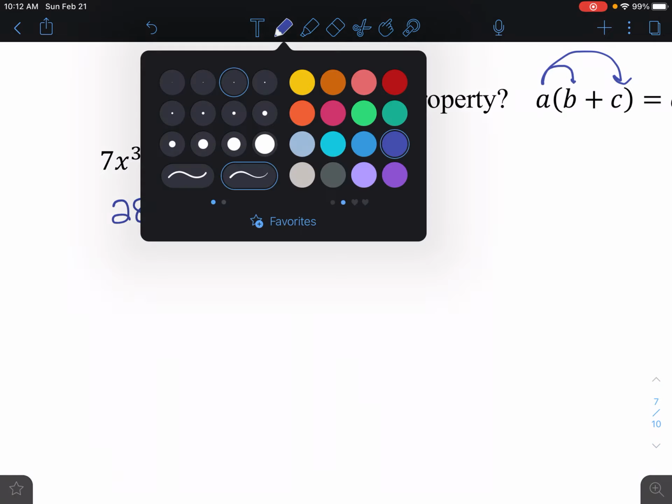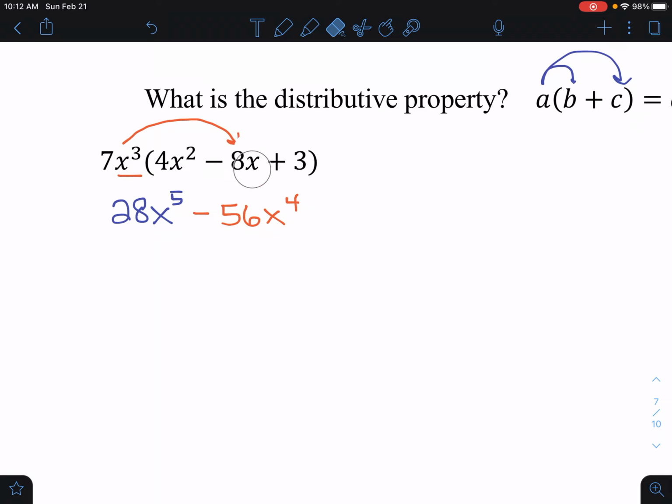Okay? And that term's done. Now notice there I put a plus or minus sign in between. Every time you do a multiplication here, you should have a plus or minus sign in between. Okay, and then lastly